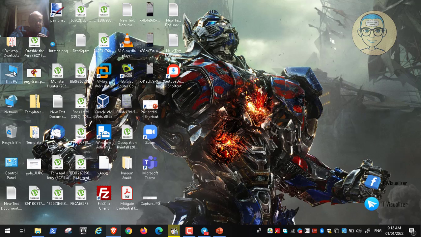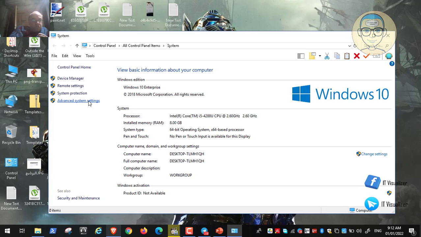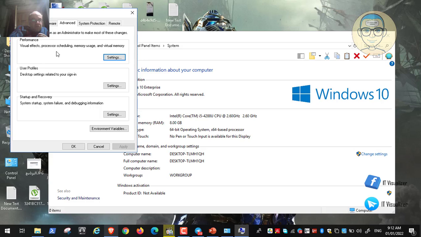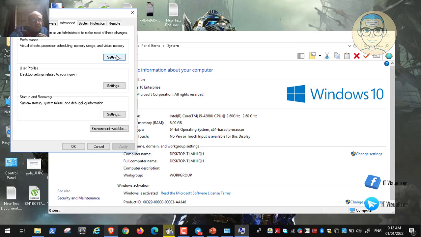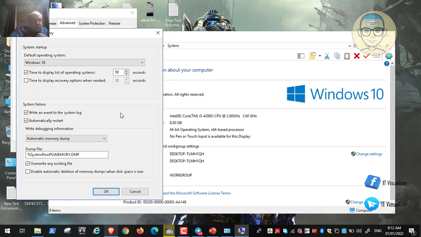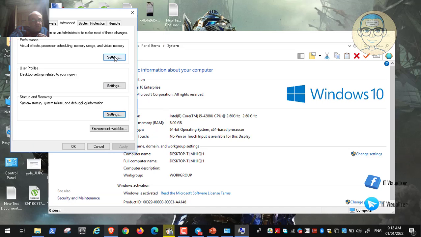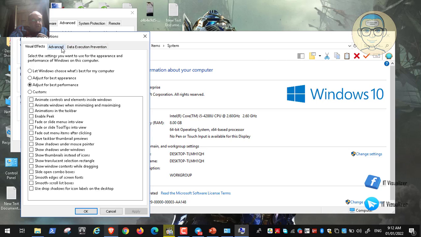Right click and then properties, and then we can go to advanced settings, and then to here, this one. No, I don't think this one. Anyway, so we can go to here, okay, and then advanced.